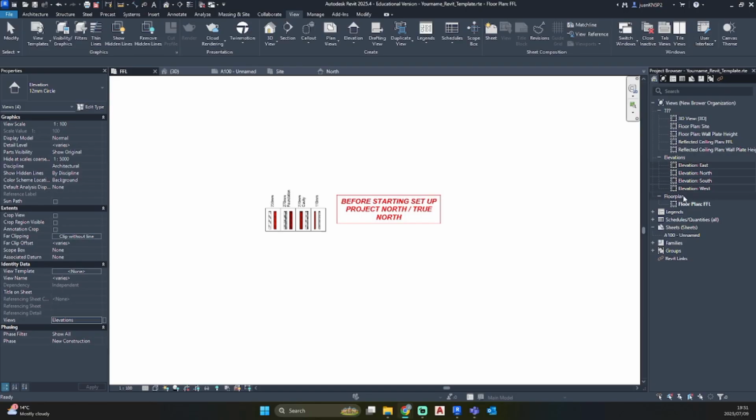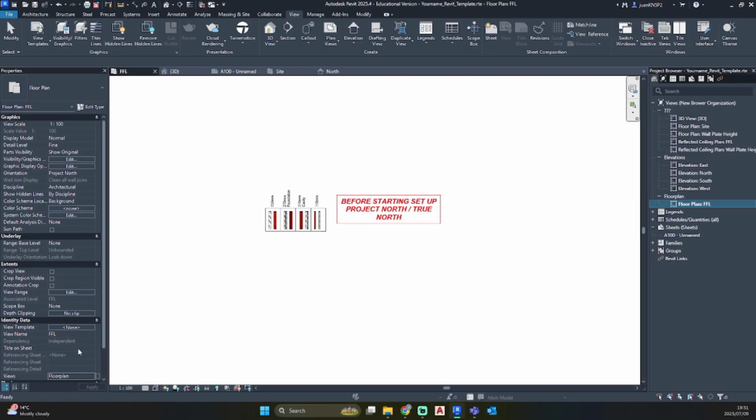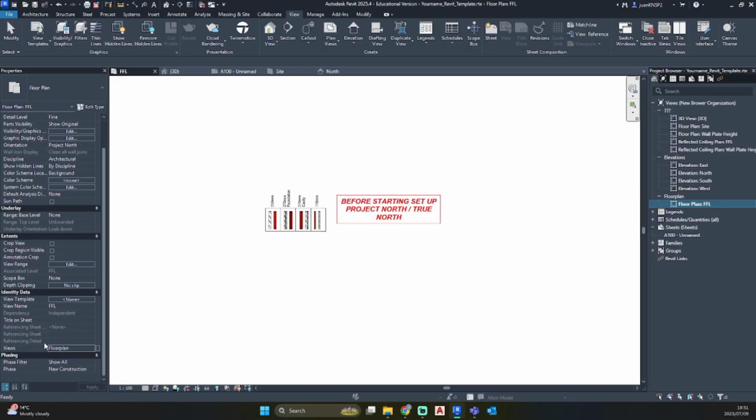So let's change our floor plan so that they are in the correct order. Select your floor plan, go back to your Identity Data and name it floor plan 02, because that would be second in your council pack. Click outside on the white space and you'll see floor plan is now on top.